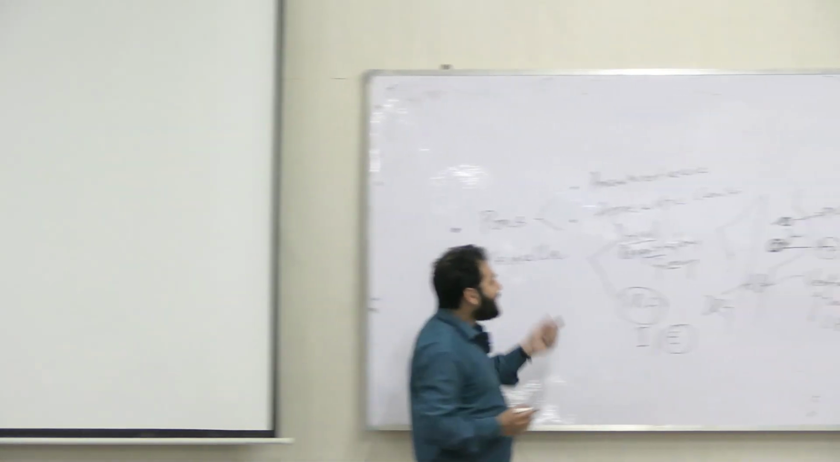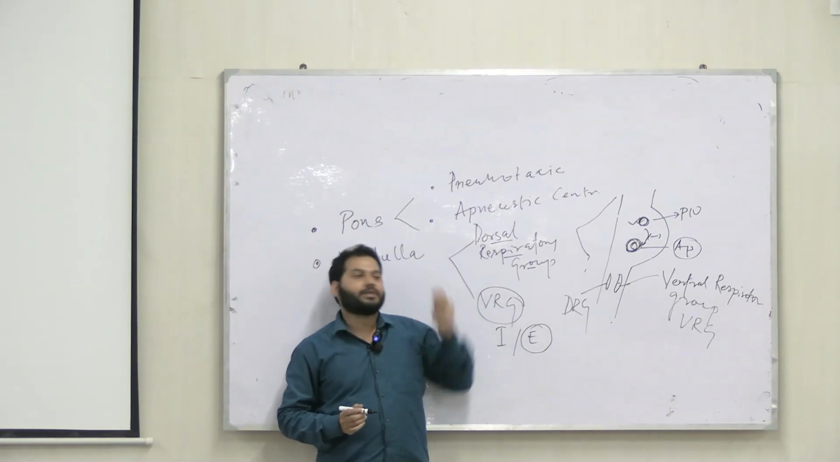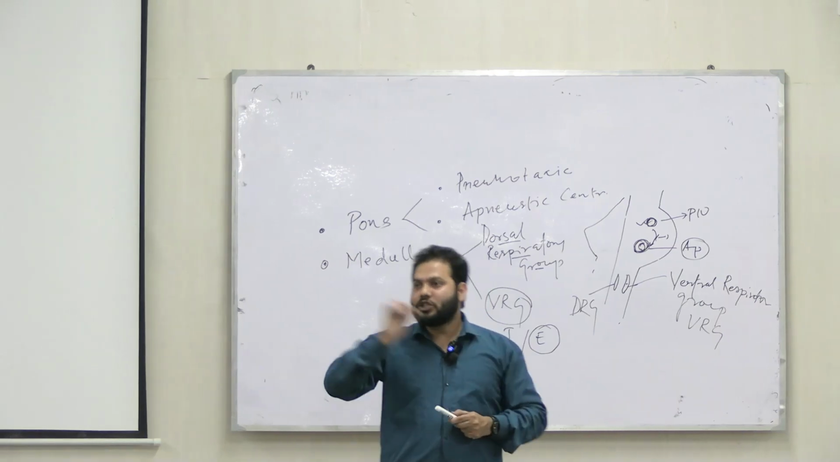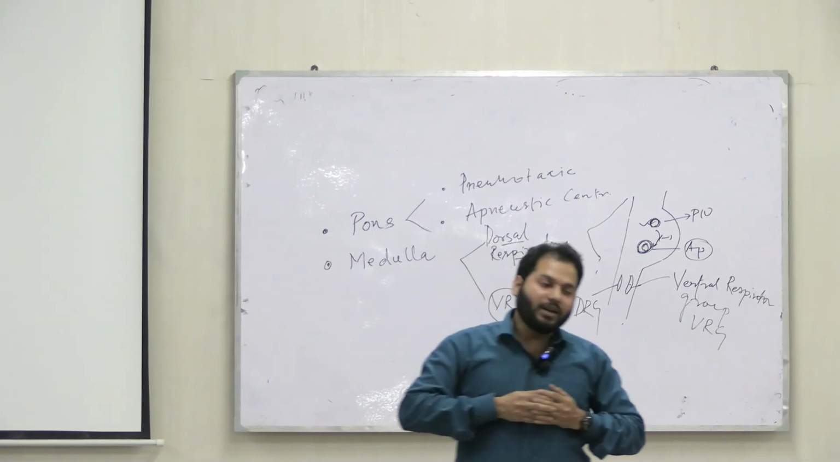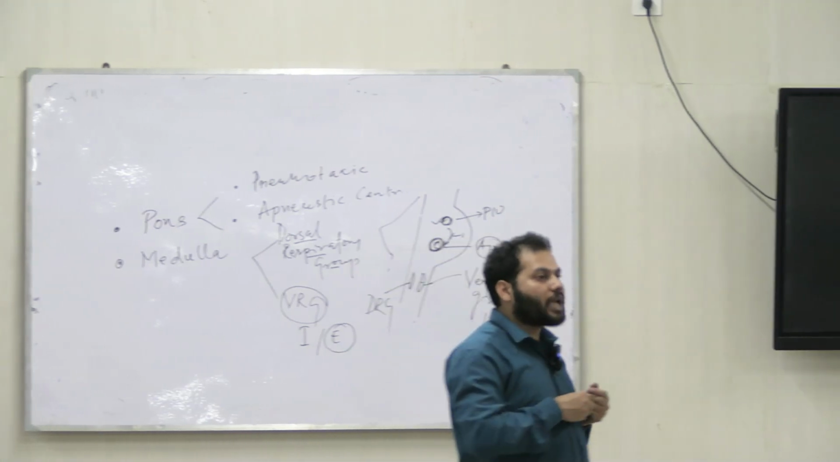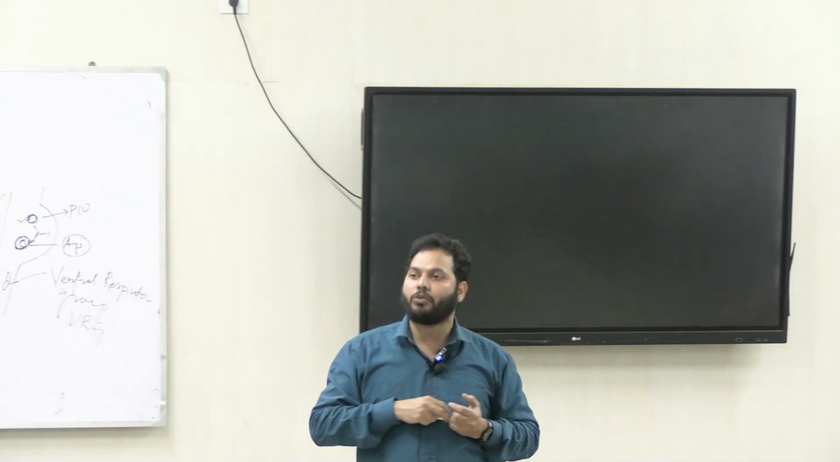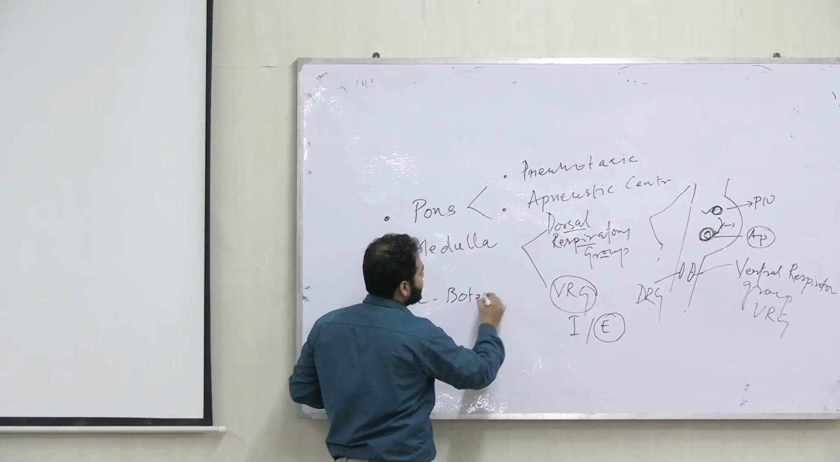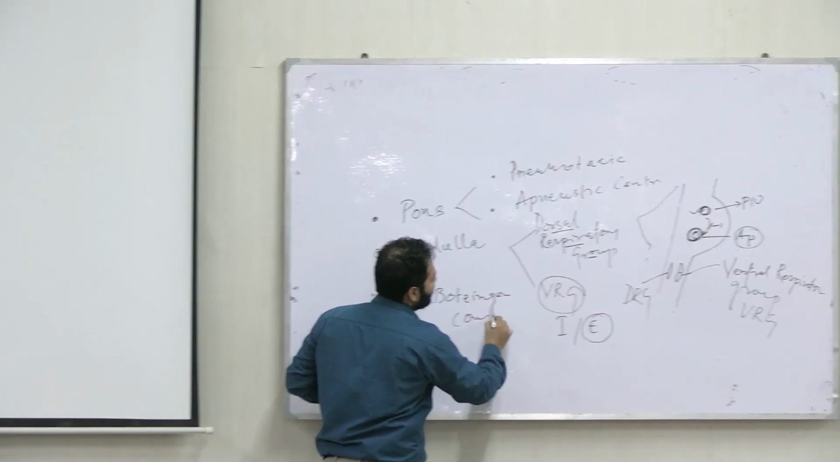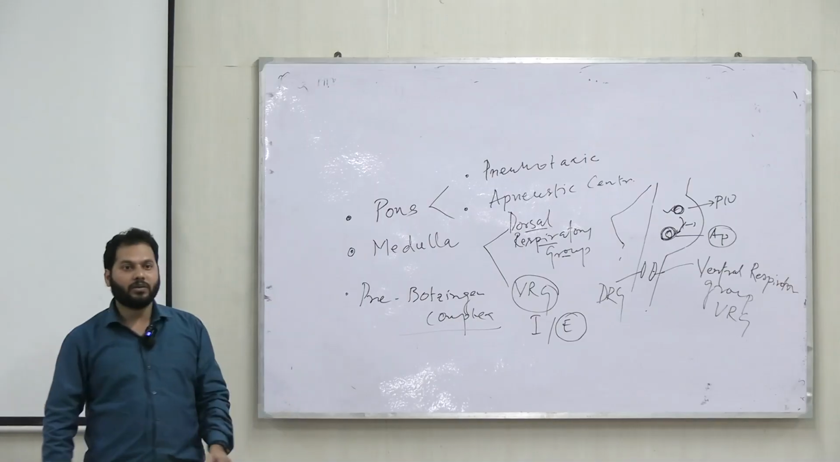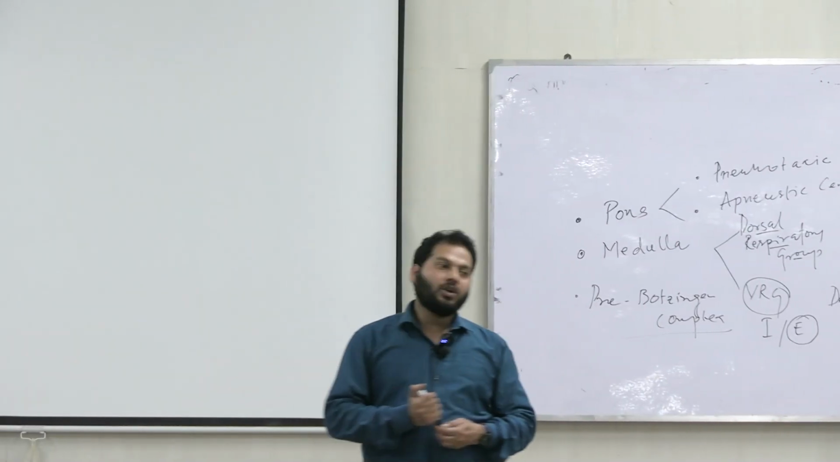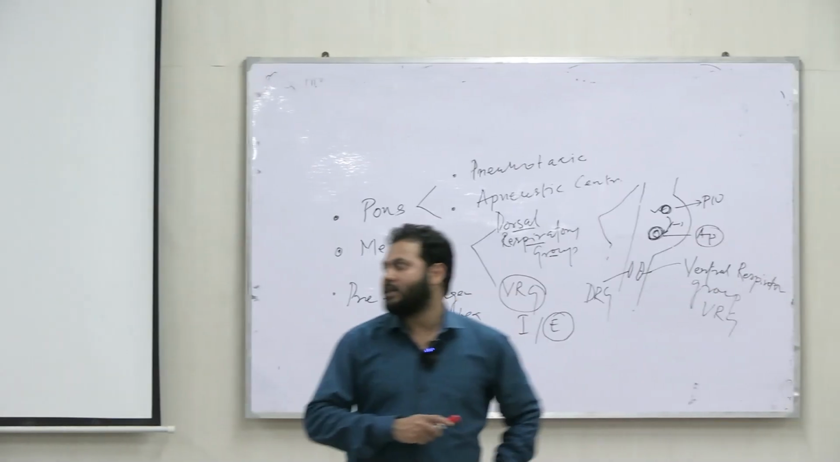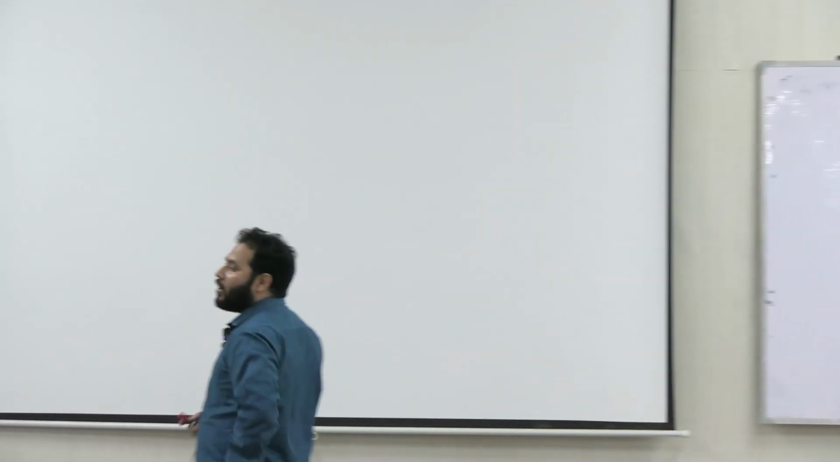Now, if you see the medullary regions, the medulla contains another important part other than the dorsal respiratory group and ventral respiratory group. The name of that part is the pre-Bötzinger complex. Pre-Bötzinger complex. So what is the specialty of the pre-Bötzinger complex? The pre-Bötzinger complex is mainly involved with